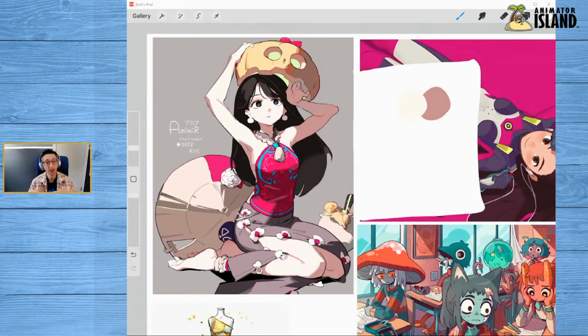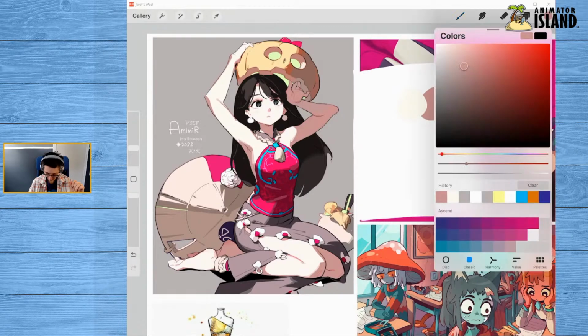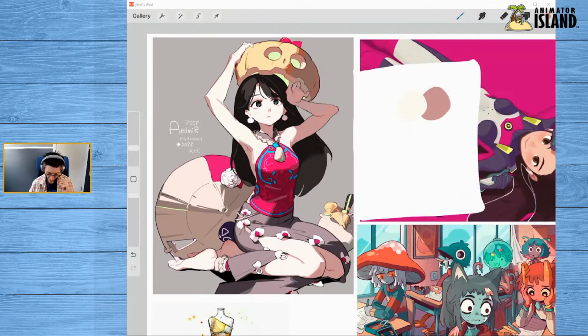It just feels right. But I would have never chosen these two colors myself, especially from the color wheel or color palette. I wouldn't have picked these because I would be too nervous about doing it because that's bold. I mean, look at where this is. That is a very bold shadow, but it works.